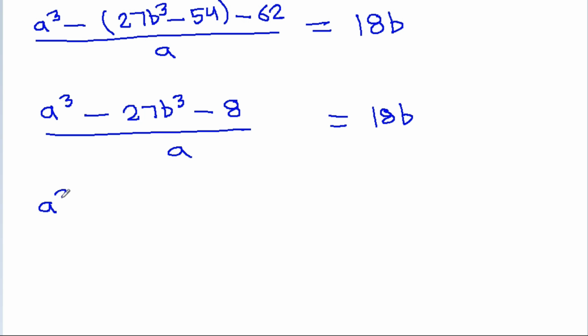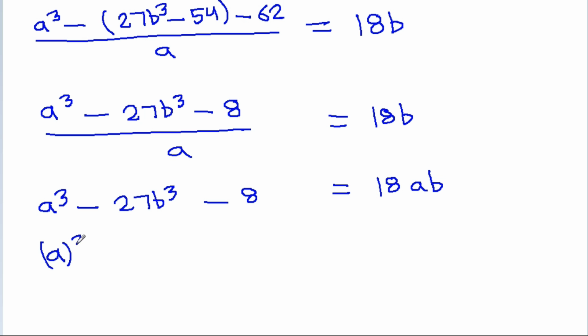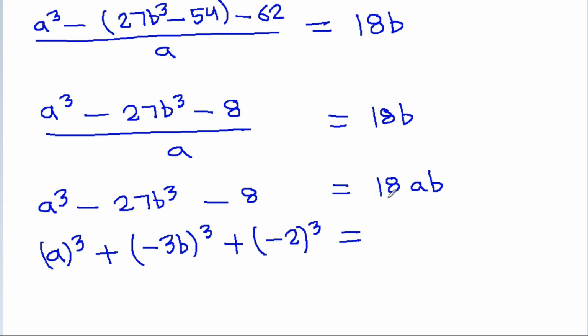And it is a^3 minus 27b^3 minus 8 is equal to 18ab. And it is a^3 plus (minus 3b)^3 plus (minus 2)^3 is equal to 18ab,